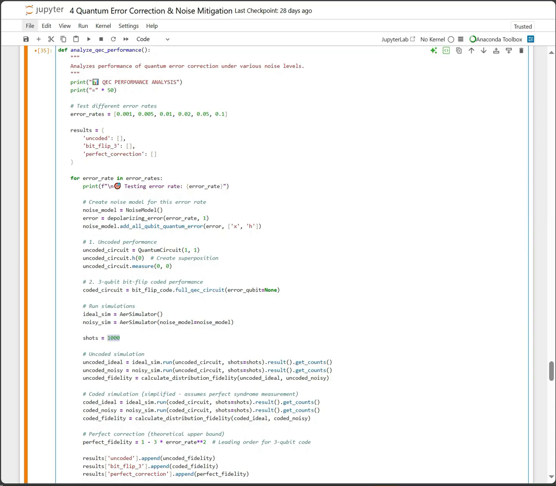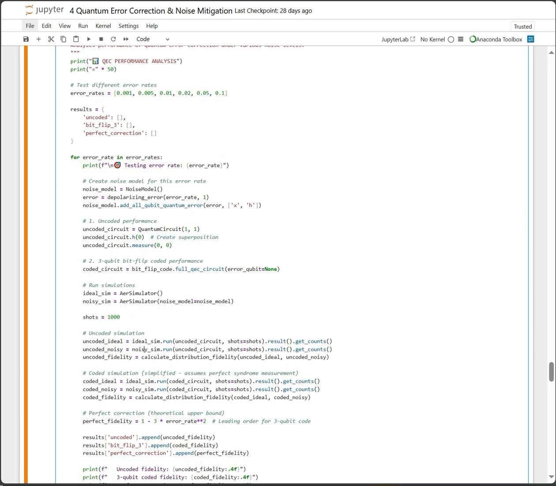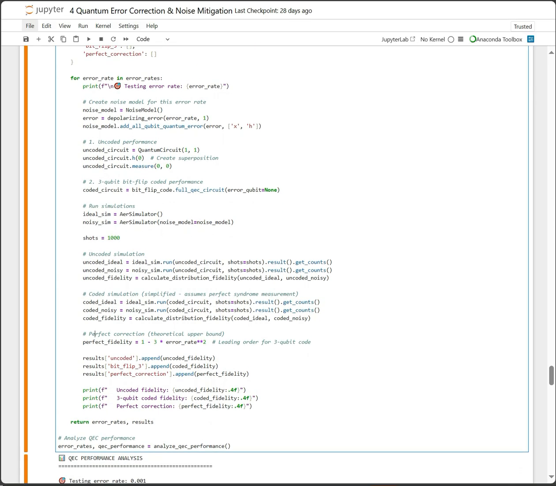We're going to get here the uncoded simulation comparing the ideal and noisy one, and the coded simulation with the 3-bit flip with ideal and noisy one as well, and use the calculate distribution fidelity to estimate the fidelity of these two. We're going to also add this perfect correction, which is a theoretical upper bound. This is considering this perfect fidelity, which is a perfect correction formula where P is the error rate. This accounts for second order errors, two errors happening simultaneously, and first order errors, which are single bit flips,